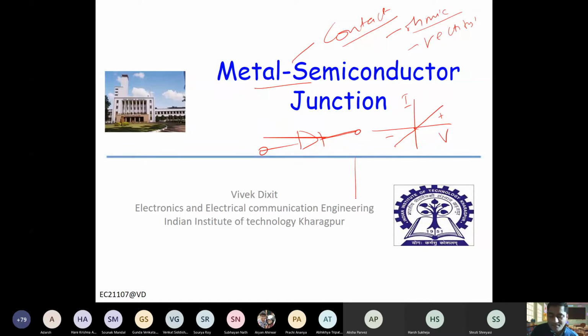In case of rectifying, in one direction it conducts, in the other direction it may not conduct, or it may not be symmetric, right? So these are the two types of contact: ohmic contact and rectifying contact. If you are making a contact with a semiconductor, of course we will prefer ohmic. But the semiconductor and metal contact also has rectifying property, and in fact, they are actually rectifying. We have to make them ohmic. Those concepts we will discuss in this class.